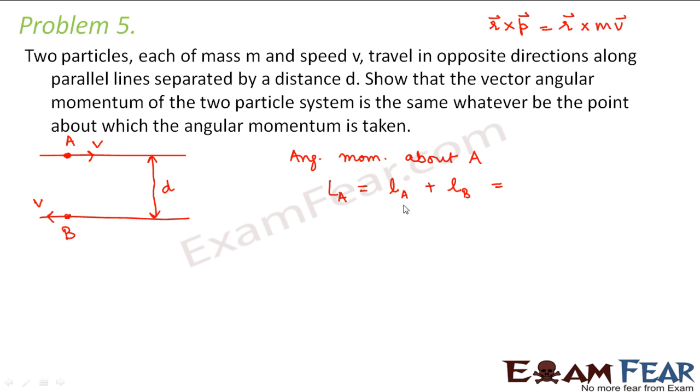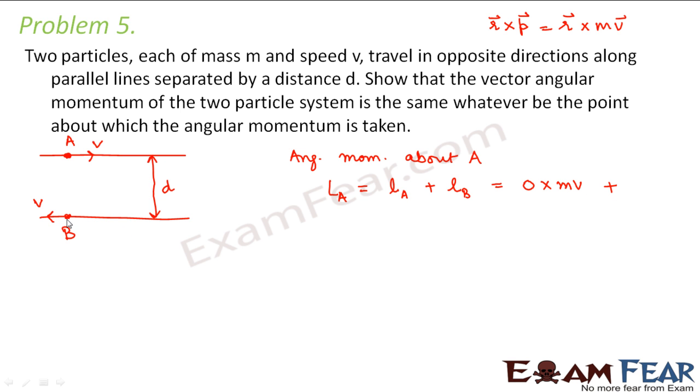So what is the angular momentum of the object A? So what will be R in this case? R will be equal to 0 because we are considering this point itself, right? Because right now we are considering this point A as the origin. So R will be equal to 0. Therefore, this will be equal to 0 into mv